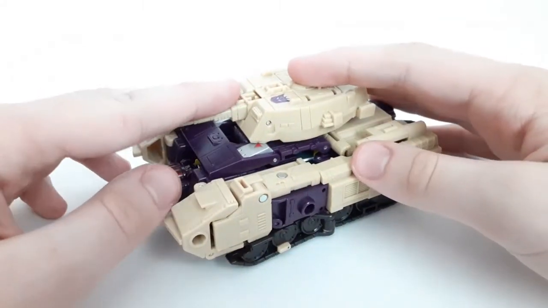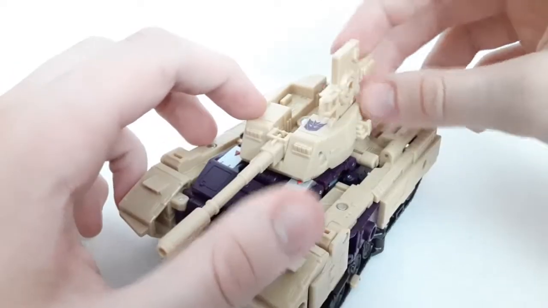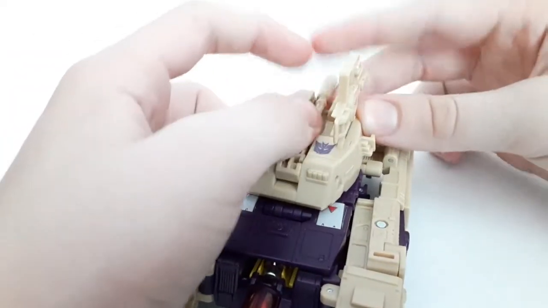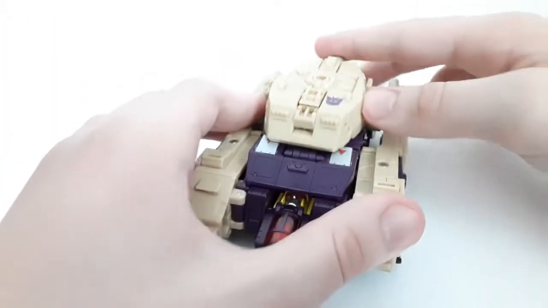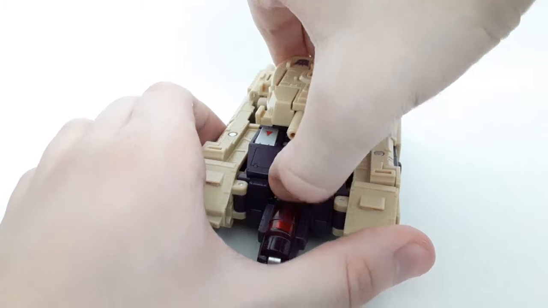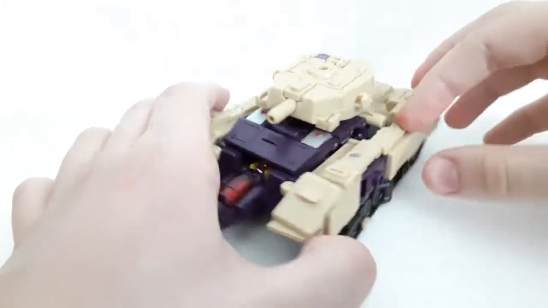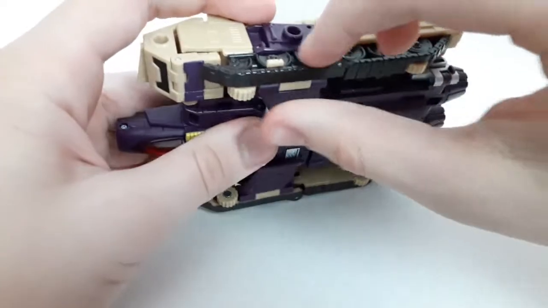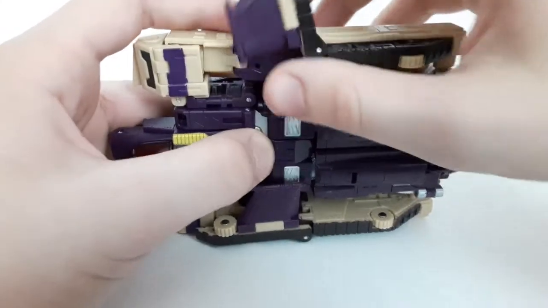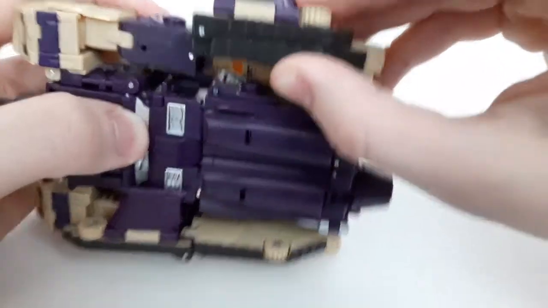So let's get right down to the transformations. Starting off here, you're just going to want to flip up this panel to the side here and flip in the tank cannon like so, and then rotate that around a full 180 degrees. And then next, you're just going to want to come in and okay, that won't untab yet. Okay, so next you're going to have to lift up this piece right here, like so, and then there's that tab that'll go into that slot, and